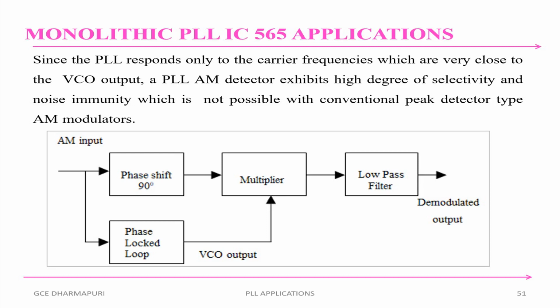So it consists of AM input, phase shift, 90 degree, multiplier, low pass filter and demodulated output, then PLL. Here F0 minus. In this mode, PLL locks onto the carrier frequency of the AM waveform and produces a reference signal at the VCO output that has